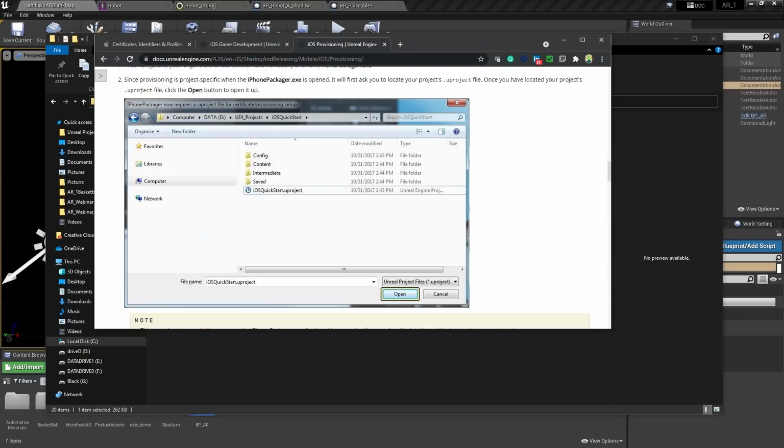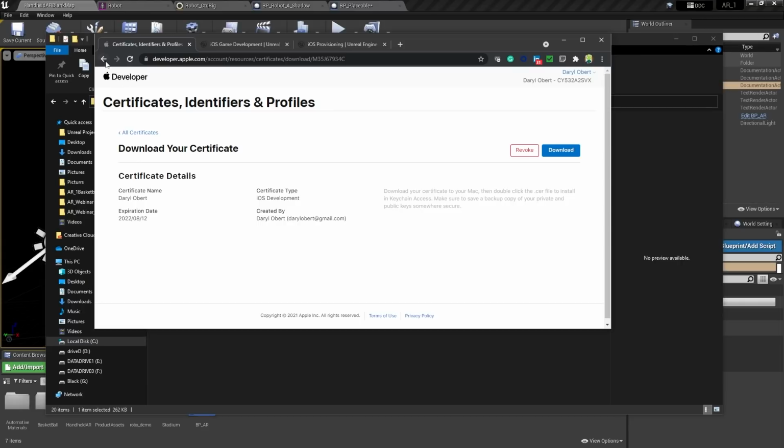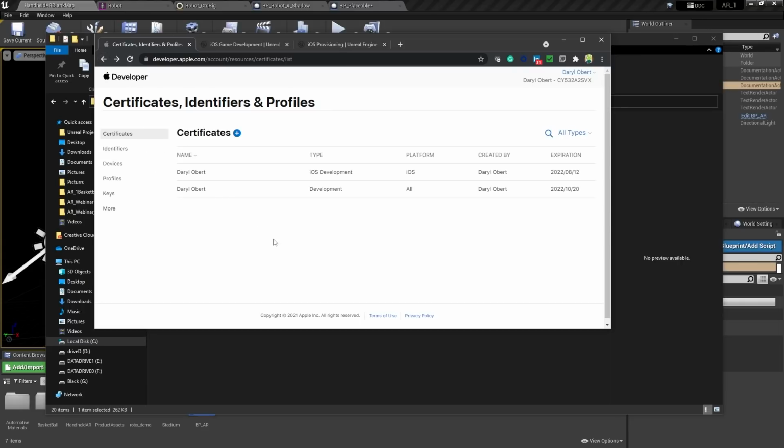I've actually already got my version of the Apple developer website up. So you jump into the certificates section and say create new certificate. You'd go through, browse, and grab that file that you generated and saved out. You can see that I've already got a couple of developer certificates set up. After you've done that, the next thing you need to do, and again, this is all in the docs, much more verbose than what I'm going through because we're basically out of time, is set up an identifier.